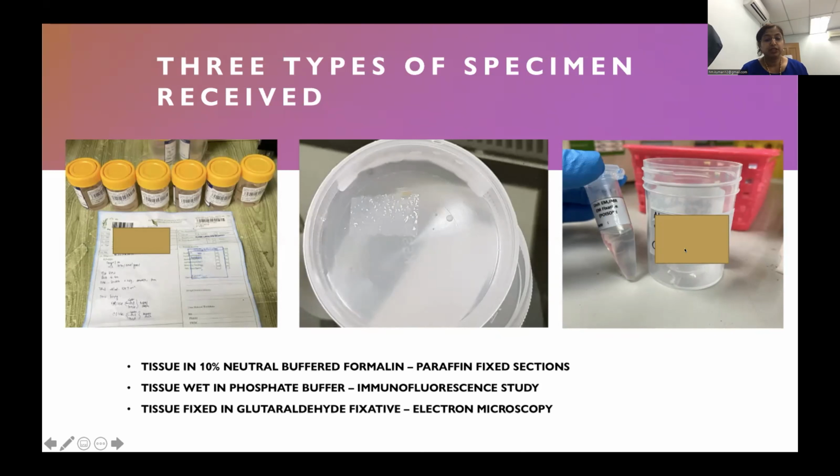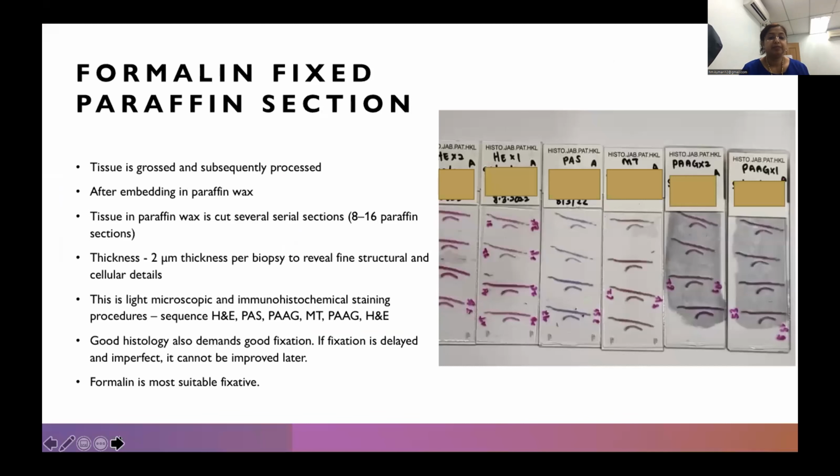And for tissue fixed in glutaraldehyde, it depends on the center's method of doing it. You basically need to get the tissue into the fluid, and then we usually put it in another container, so both the containers are labeled accordingly. So this is how the glutaraldehyde container looks for us. I think places like UPM and UKM have a different style of doing it, but ultimately the concept is the same. Okay, so once the tissue has been grossed and subsequently processed, and after embedding in paraffin wax,